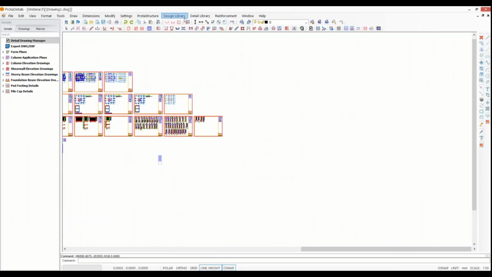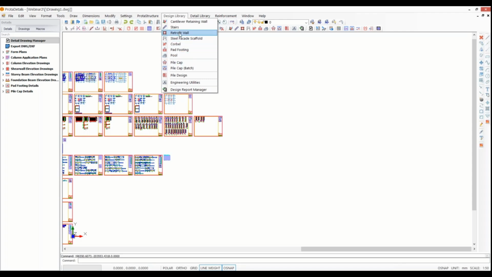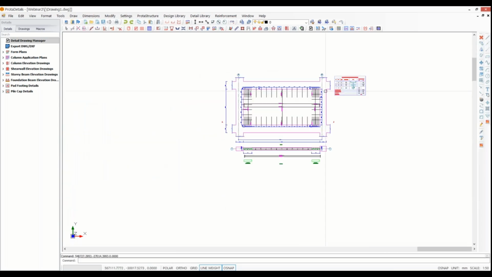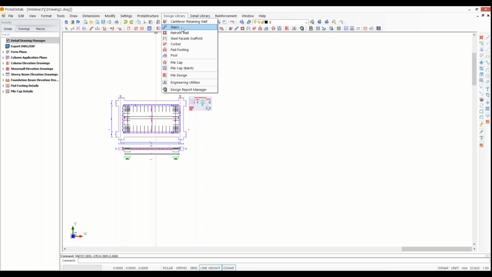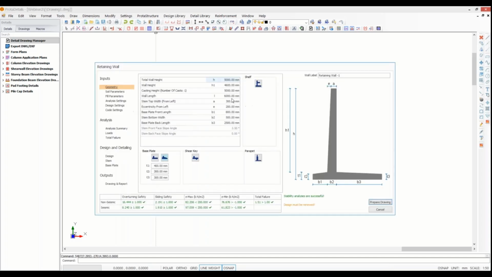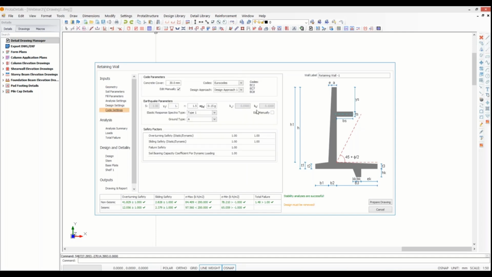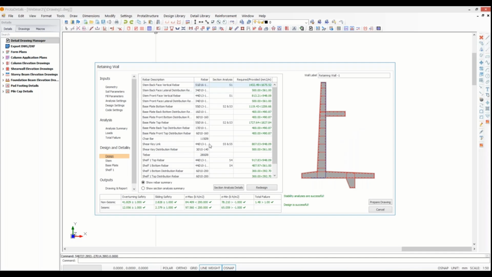so let's continue with the design libraries. In here we can add, for example, retrofit wall, just like this, or you can generate retaining wall detail. Let's say we may have shelf, shear key. We have multiple design options, for example, Eurocode, American code, or Turkish code can be selected in here. Okay, let's go to design part, and you can change the reinforcements in here. You can see the prepared,